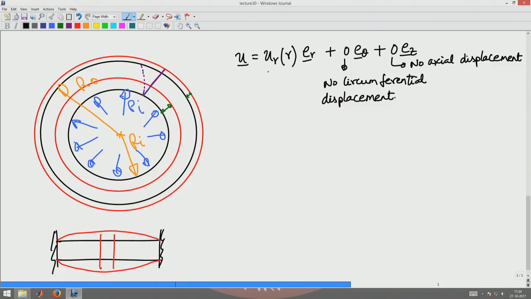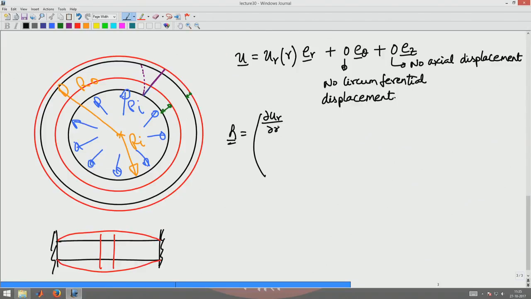Now you are supposed to find what this radial function u of r is. For that we have to run through the procedure of finding the strain, finding the stresses, and using the equilibrium equations to find the unknown displacement component. Okay. So, now the gradient of displacement h is given by,